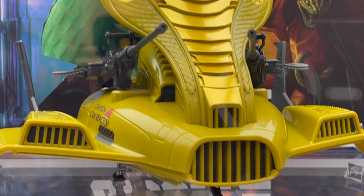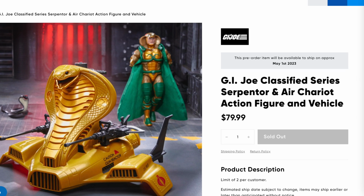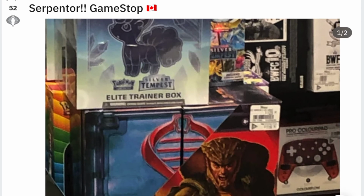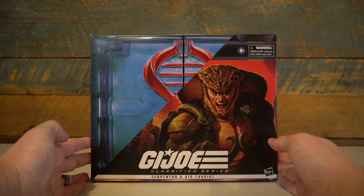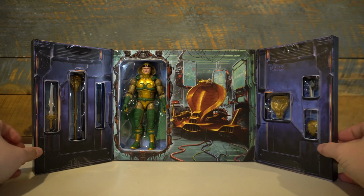Both of those fears subsided as the set was priced at a reasonable $79.99, and while the first wave of orders did sell out, they opened up a second run while our friends in Canada could find them at their GameStops. The packaging is deluxe with an outer cutaway sleeve that, when removed, reveals a gateway door that showcases the